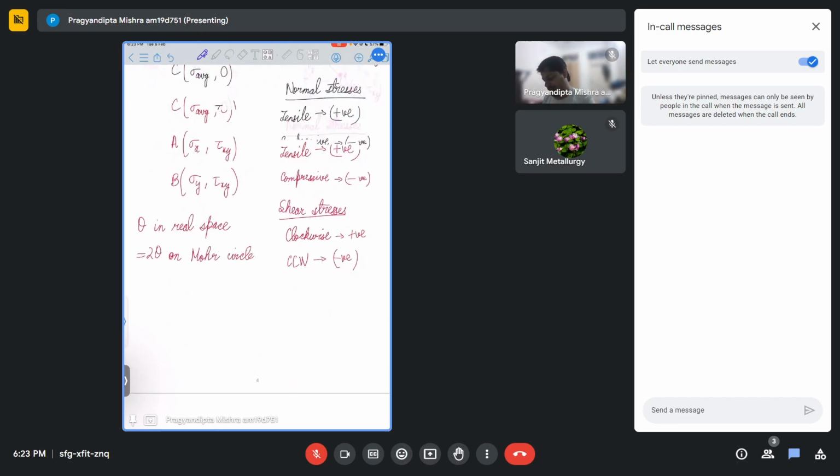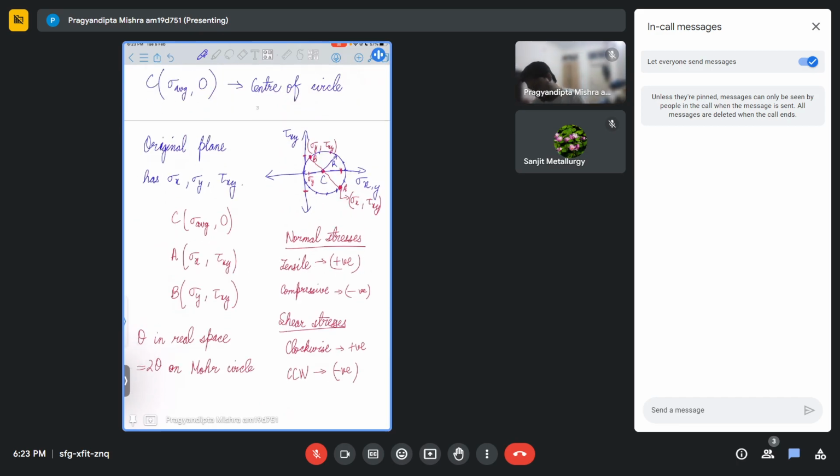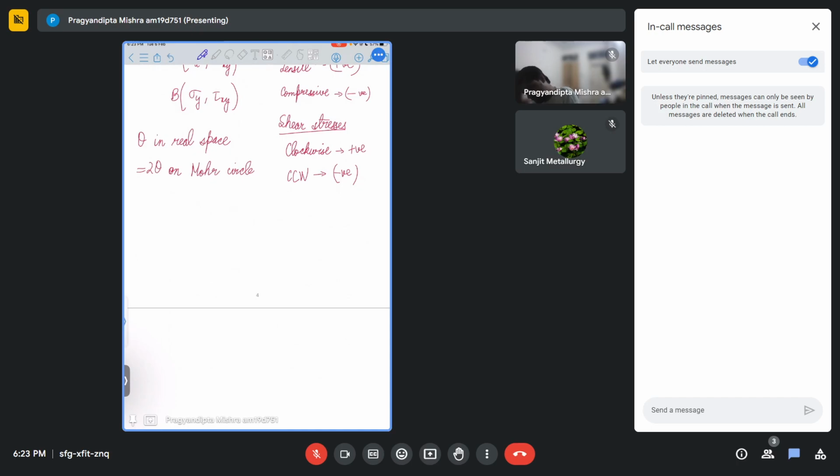Now, a few more things that we can see on a Mohr circle is, let's say I have this as my sigma and tau. Let's say I have some Mohr circle here, right? This is my center C. Let's say I have some value here, some here, and I have drawn the Mohr circle in the original coordinates. Let's say this is my B. This time I will take this as sigma y tau xy, sigma x tau xy. Okay. So assuming that we have these coordinates,